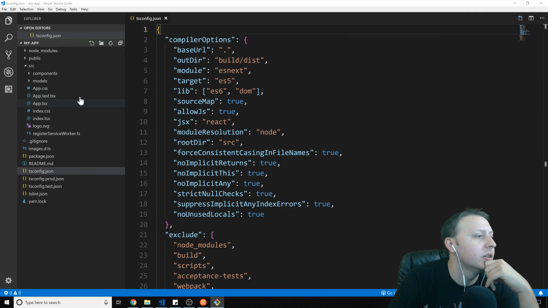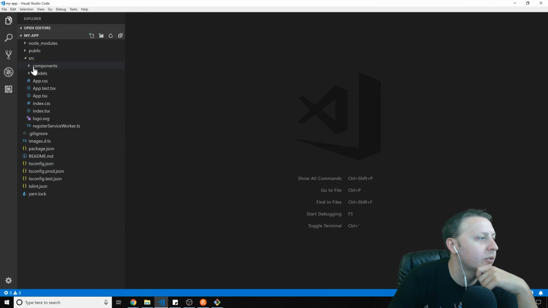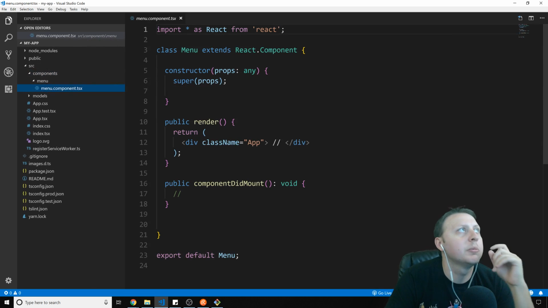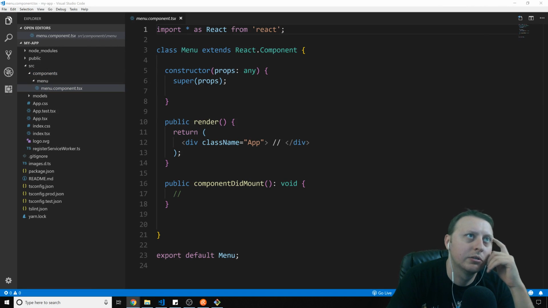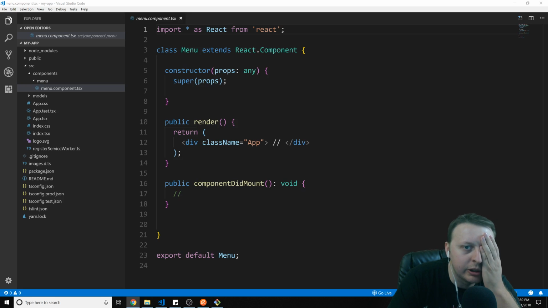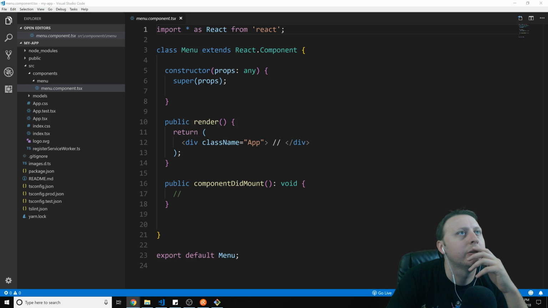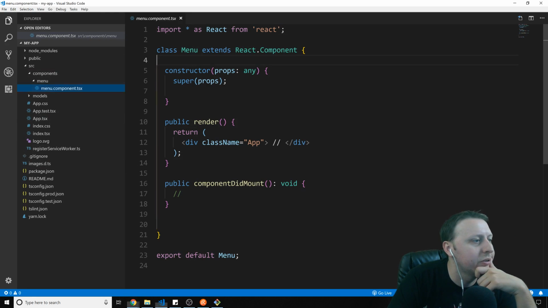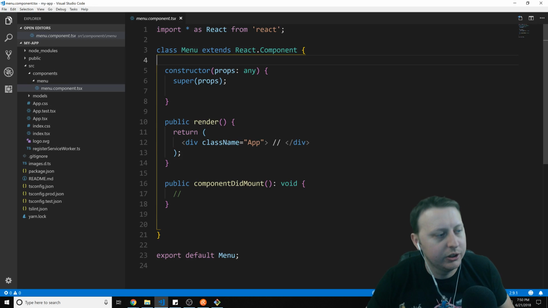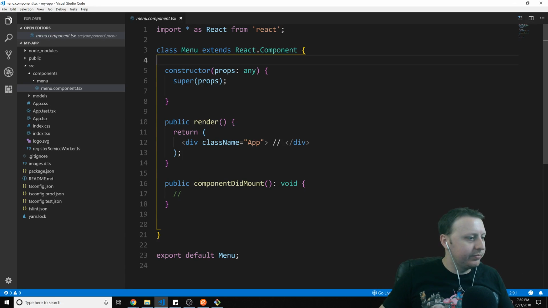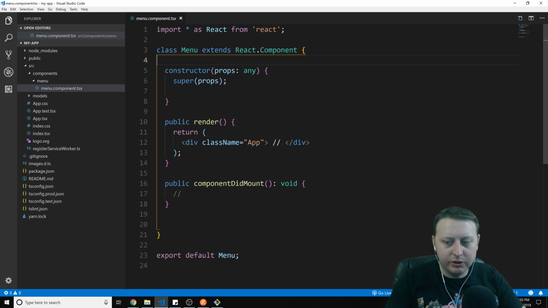So check that out. All right, so if I remember correctly, what we basically did last time was we connected to a YouTube API, and now what I want to do is create this menu object in here. I don't know how to do it though. So